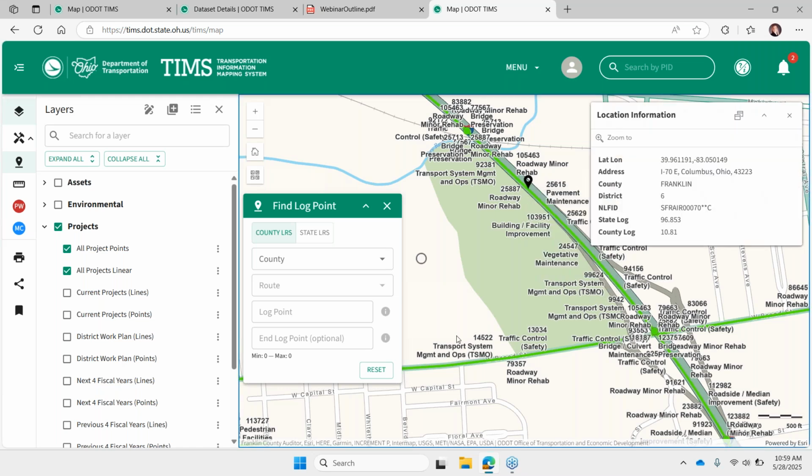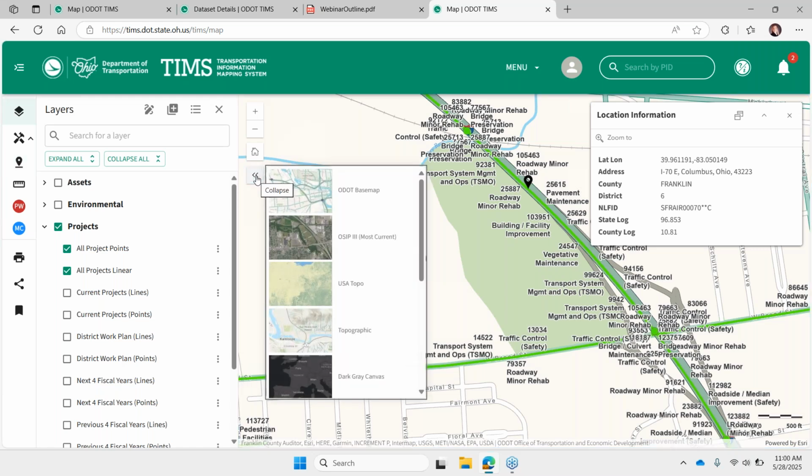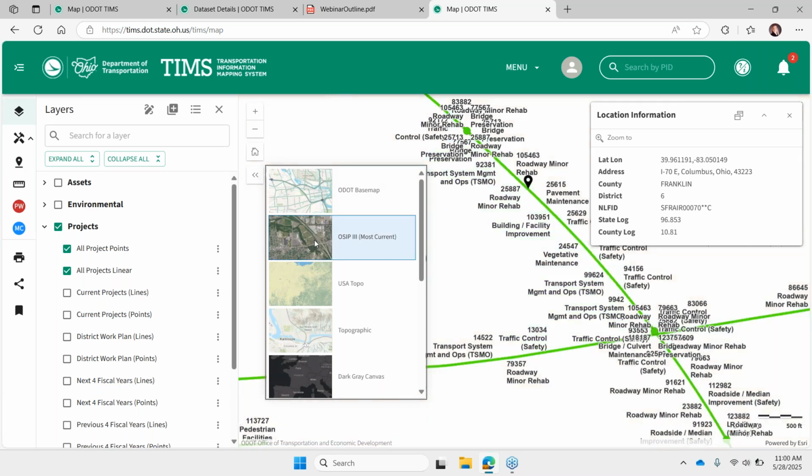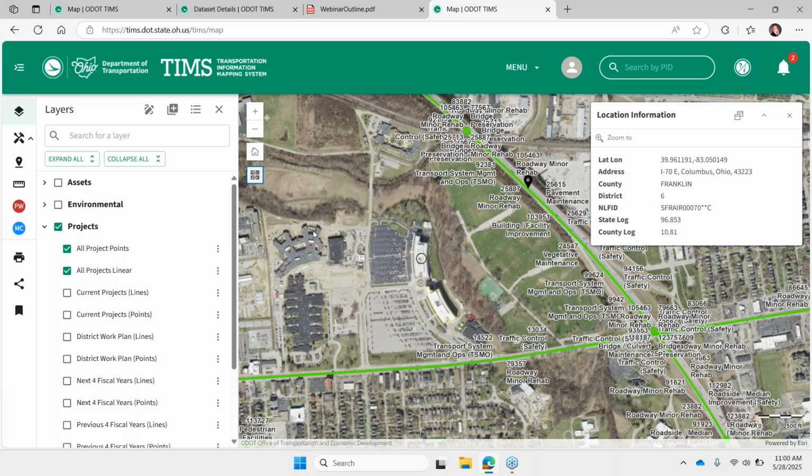Okay, there's a couple more questions, but we are running out of time. There's a couple questions from David about linking to the historical aerial imagery. We do not have plans to do that yet, but that's an interesting idea that we can talk to our CAD and mapping team about. And then the project title sheets, I'm not sure how to answer that question, David. I'm sorry. I can say we have the most current OSIP imagery available as a base map. Yeah, and hopefully in the future we can figure out a good way to link to all the historical data.